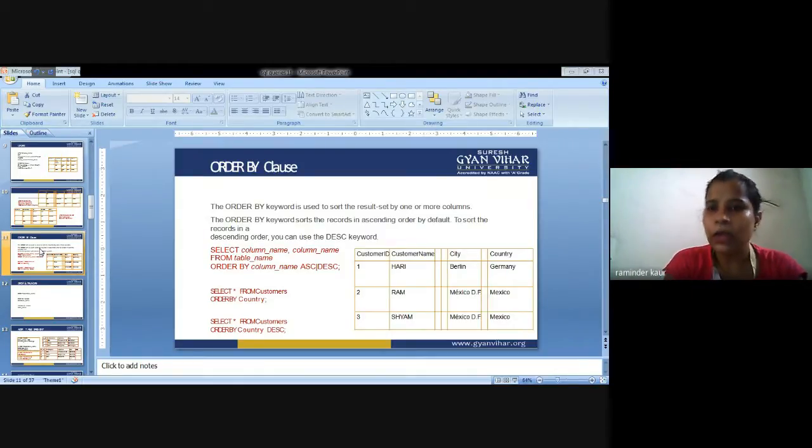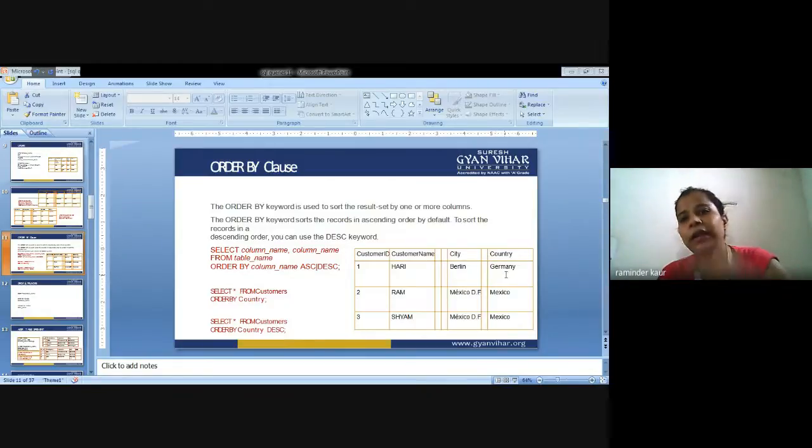We are supposed to arrange the records in the table according to the country. First A will be there, then B, then C, D, E, F, G, then H, I, J, K, L, M, and the counting goes on till Z.